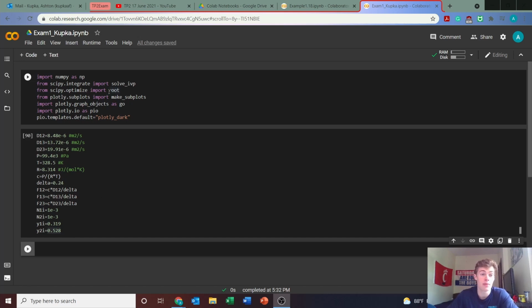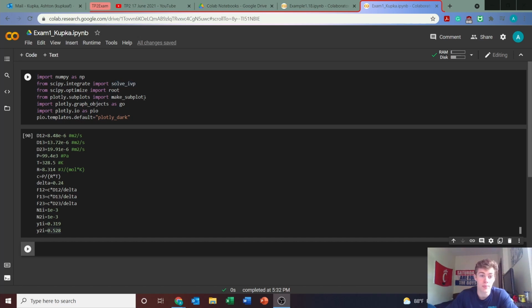So the first line, we have import numpy as np, and numpy just stands for numerical Python. Python also has a bunch of packages used to solve initial value problems, to solve roots. They can make plots and everything like that. So I imported some of those from SciPy, which is a great package from Python. I imported a root solver, which is just from scipy.optimize import root, and then I also imported an initial value problem solver, which is from scipy.integrate import